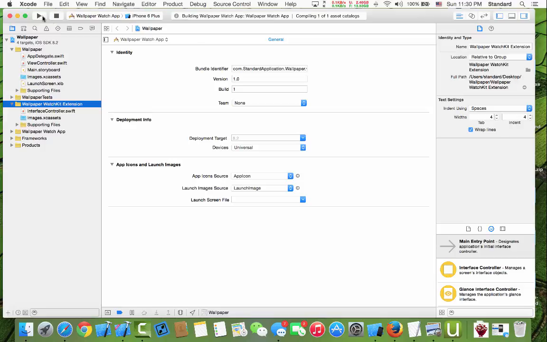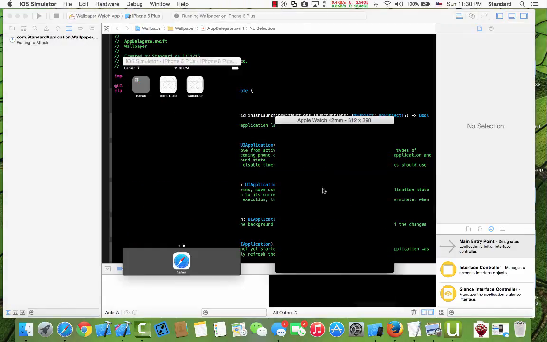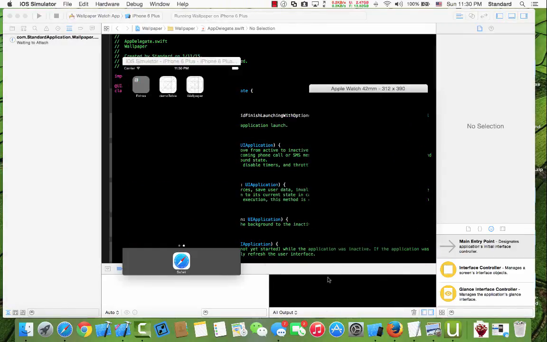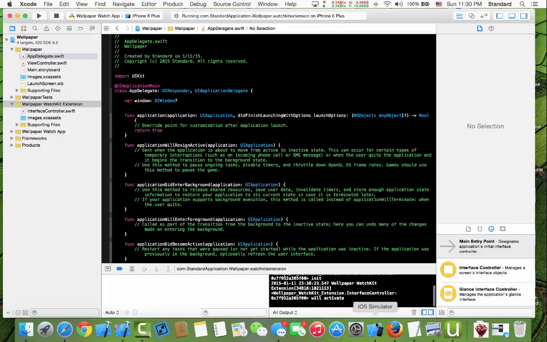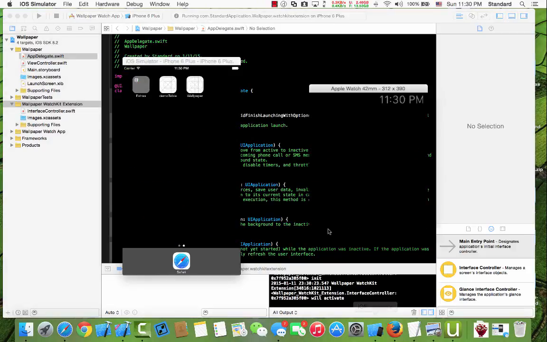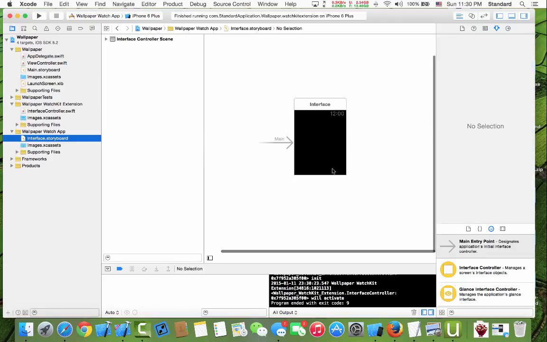Okay, now test our first application. You can see nothing output, so we have to stop and run again. Okay, now you see output, and here's the clock inside here. Okay, now we can design our interface